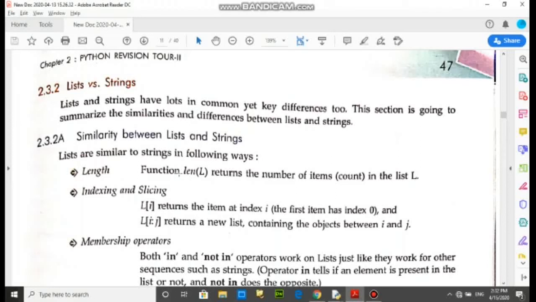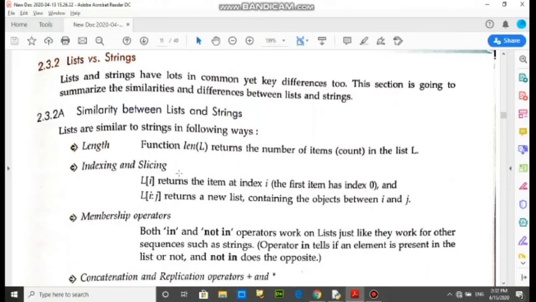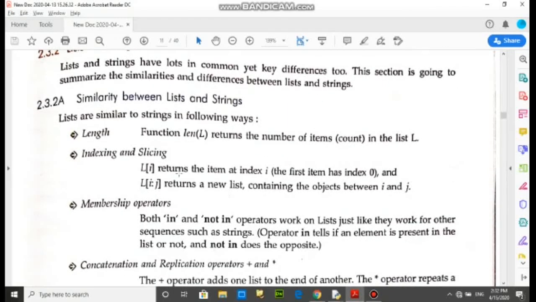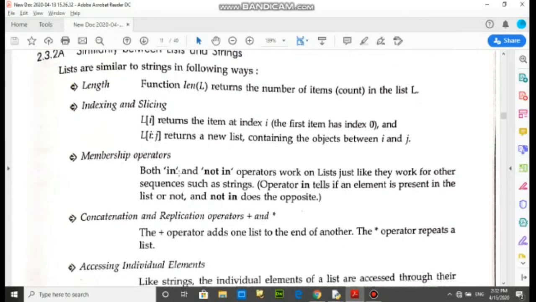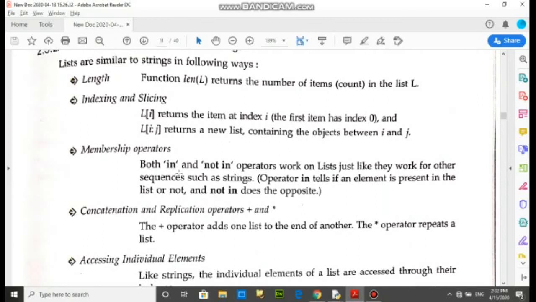The length function is used to find the total number of characters in a string as well as the total number of values in the list. Indexing and slicing are the same in the list and the string. Membership operators, I have already discussed, in and not in. This is also the same in both.